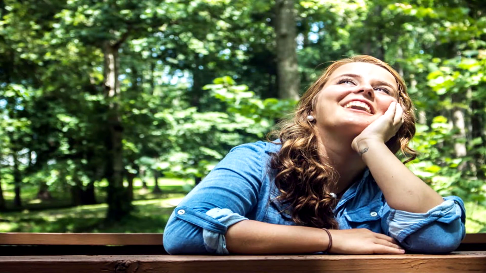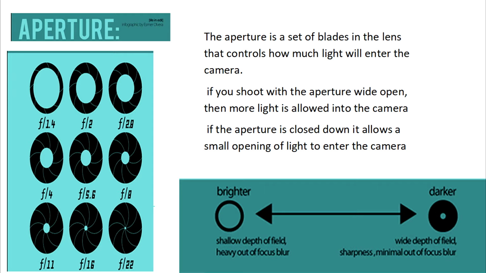And if I want to make an image darker than before or darker than the real natural available light, I will use a higher number of shutter speed like on this image with 1/250 shutter speed. And if I want to make an image brighter than before or brighter than the real natural available light, I will use a lower number of shutter speed like this image with 1/3 shutter speed.